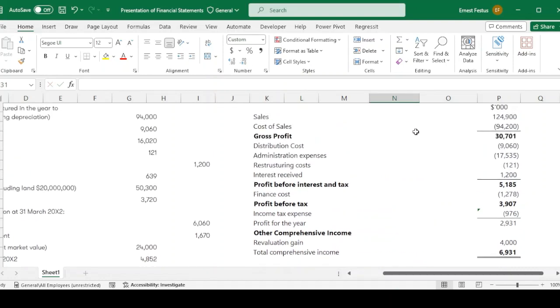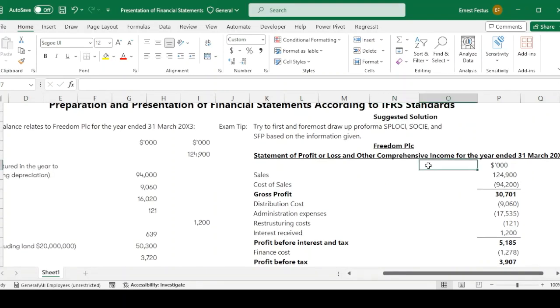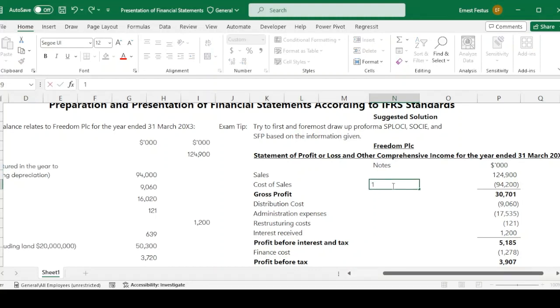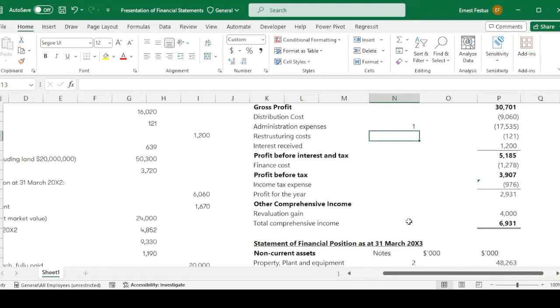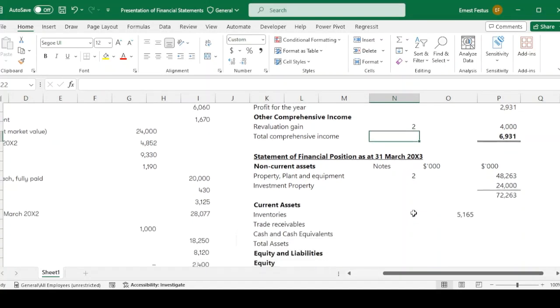And then we also come to our statement of comprehensive income, and then I'll have my notes here. For my cost of sales is note 1, for my distribution administration cost is note 1, and for my revaluation gain, this is actually gotten from my property, plant and equipment, so that is note 2. Alright,